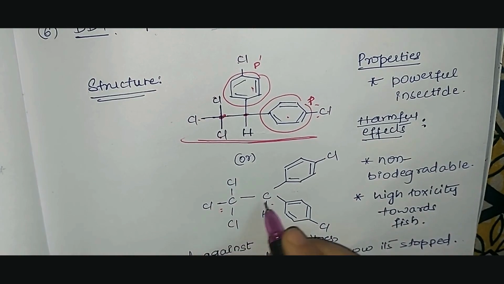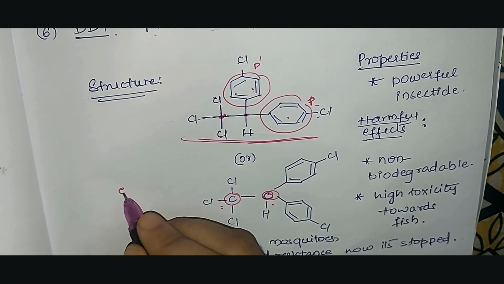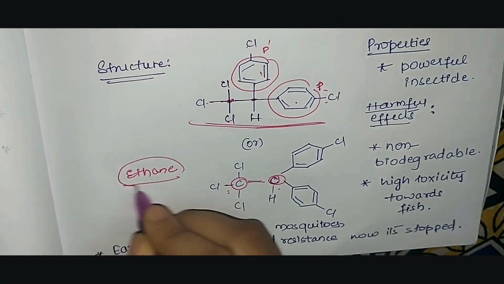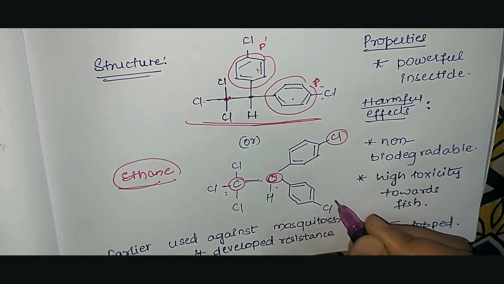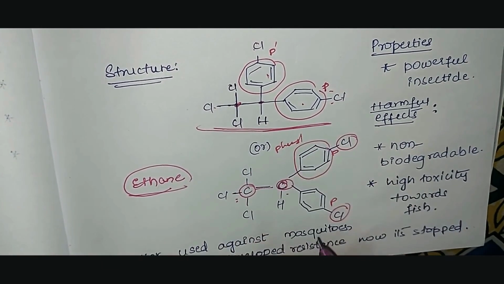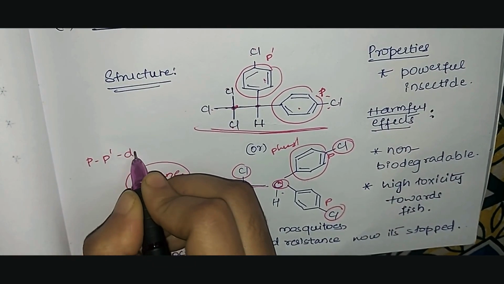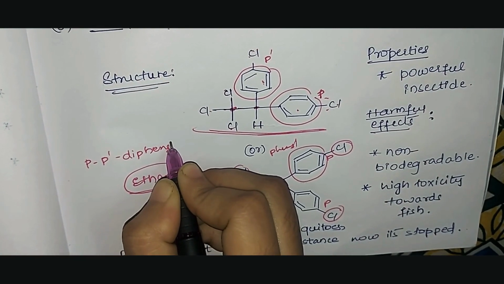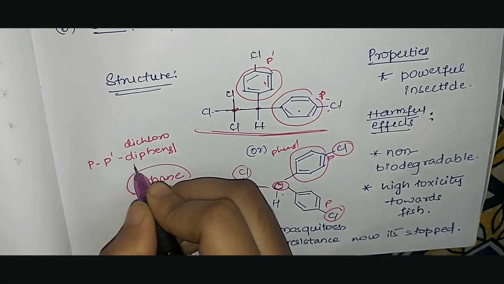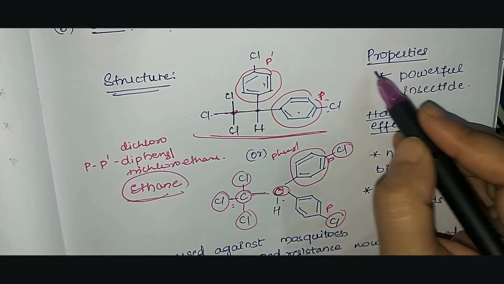So this is a structure, or the other way the structure I have written here using carbon bond. In the first one I have shown you the bond line formula with respect to carbon. In the second, simply I have written the carbon atom. So this is the structure. Why ethane? Because 2 carbon atoms, word root is eth. It is singly bonded, hence ethane. This is your parent name. What are the substituents attached to it? Chlorobenzene, that is, on which position are the chloro groups present? Para with respect to it. So we call it dichloro. Para dash dichloro, 2 phenyl rings, hence it becomes diphenyl. So we call it para dash dichloro diphenyl trichloroethane. So this is the structure of DDT. It was usually asked for 1 mark.